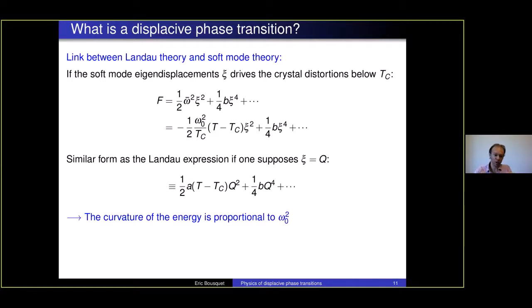When we are doing atomistic simulation, we are going to compute the phonon frequency and the phonon eigenvectors, atom by atom. And this means that if we can compute from an atomistic simulation this phonon frequency and the eigenvectors, we can build an energy expansion like that, and then we can build a Landau model out of it directly.